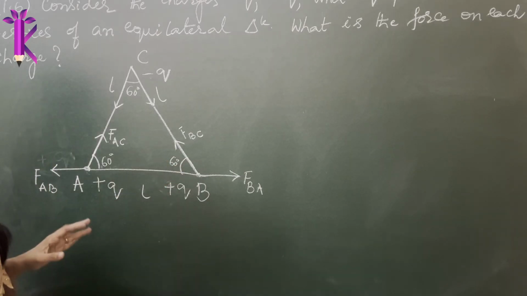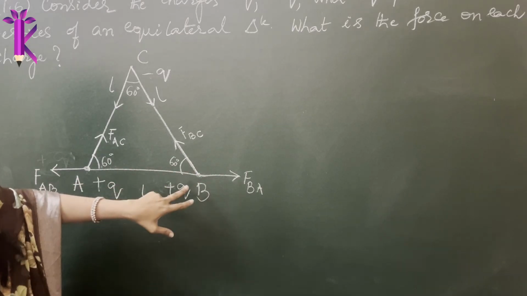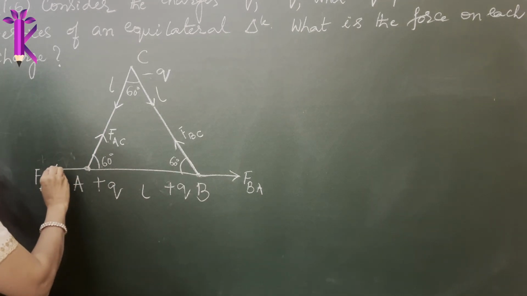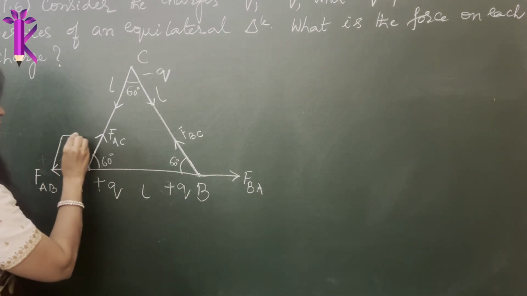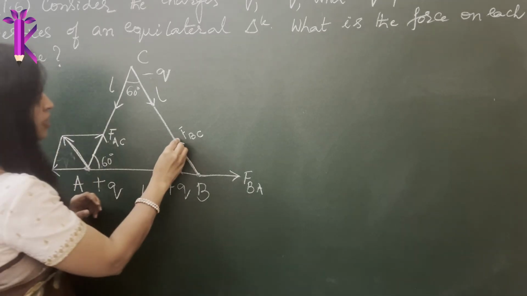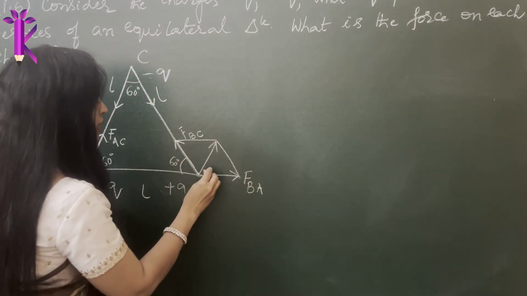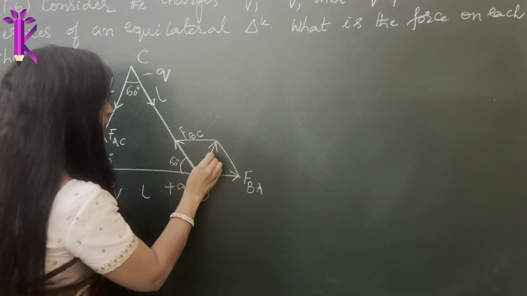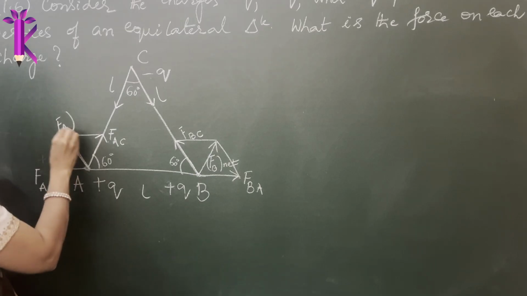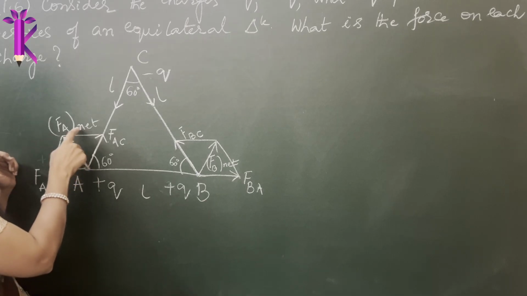Now how do you find the resultant force? How are you supposed to calculate the force experienced by each charge? The force experienced by each charge can be found using the law of parallelogram, the law of vector addition. So complete a parallelogram and then draw a resultant, and this will be your FB net. This is the net force experienced by B. This will be your FA net, the net force experienced by the charge A.